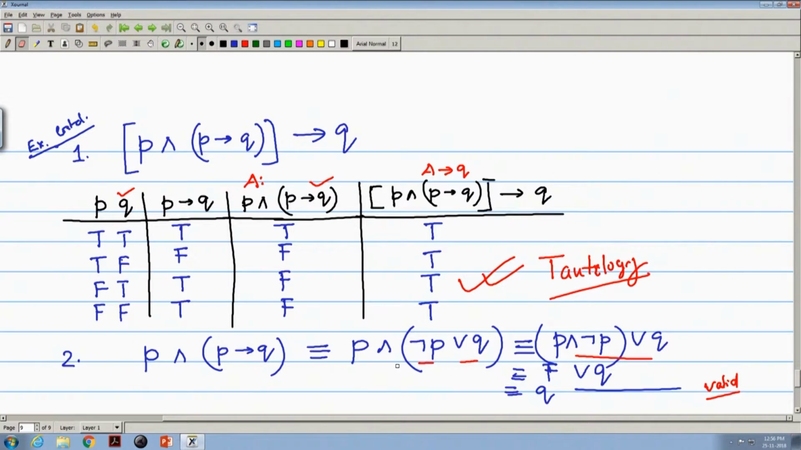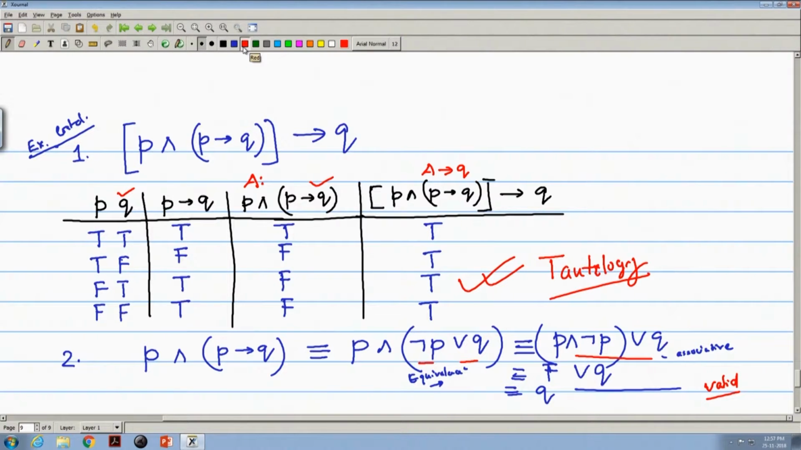Equivalence of implication, it is associative, and this is our absorption. F or Q is Q only. So, these 3 together we can tell that this is, the name is that